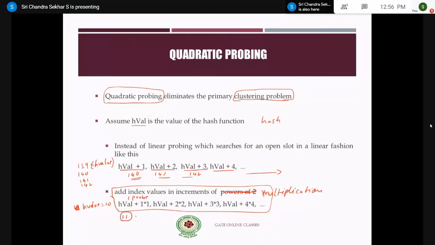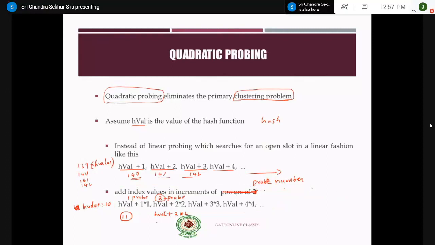Assume that 11 is also occupied by some element. In such a case, you have to go for the second probe. Remember, this is the probe number. So you take h value plus 2 star 2, multiplication of the probe number, not power of 2.